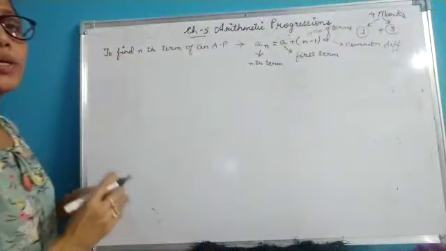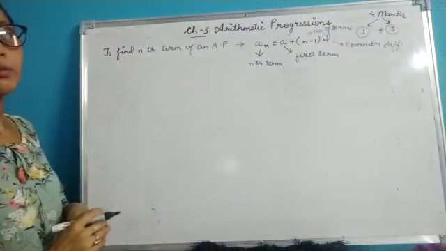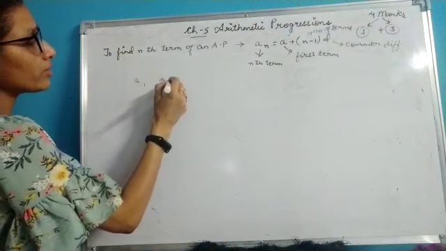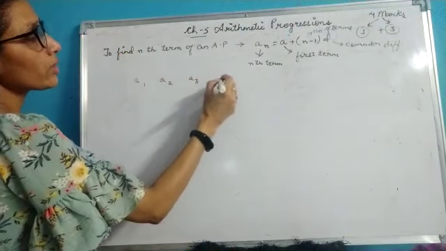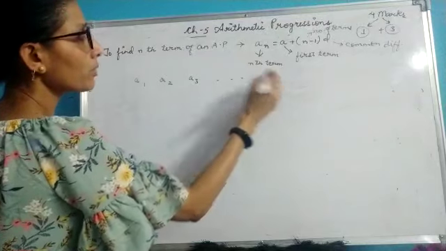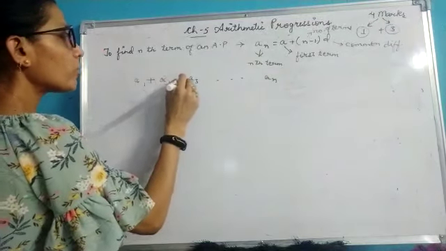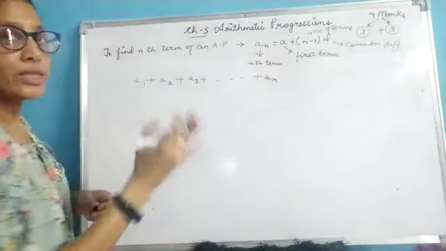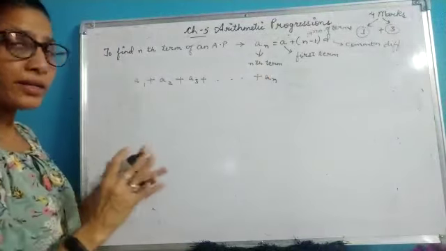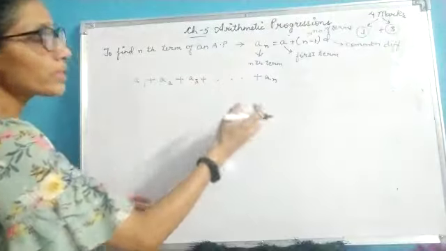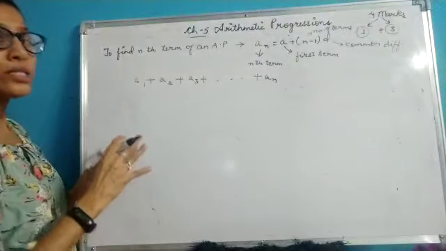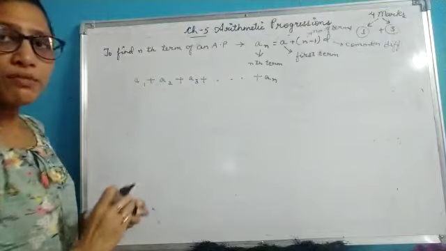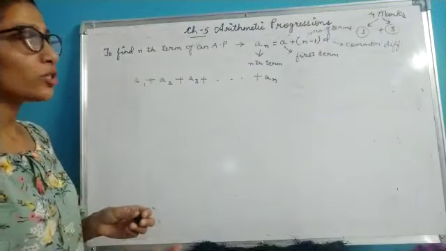Alright, now we'll talk about the sum of the arithmetic progression. Children, if I have a1, a2, a3 up till the nth term, and if I want to find out the sum of all the terms, then it will be a very hectic task to add all these numbers if they contain bigger values. So to simplify the problem, mathematicians have